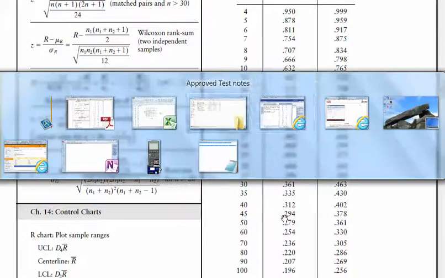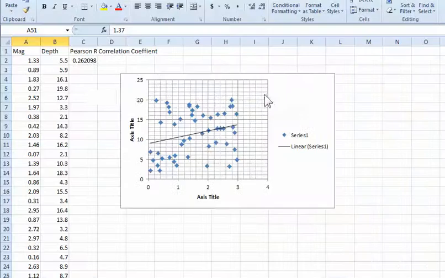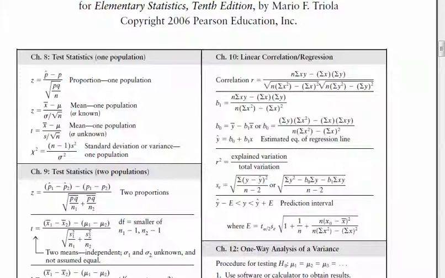Anyway, the problem asks us to pursue the regression equation anyway. So it's really kind of beside the point when it comes to answering this question. All right, so sticking with Excel, we can now take this and do the rest of the calculations, which are